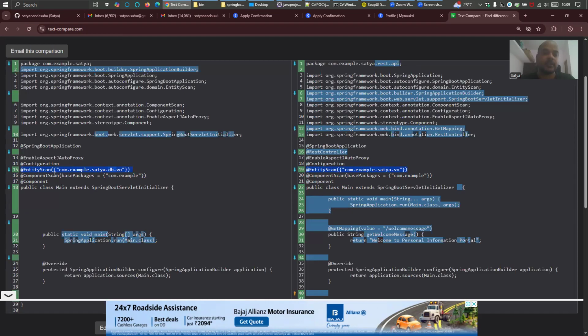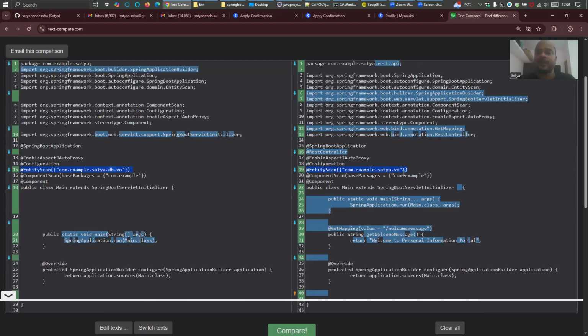So if you see entities, com.example.satya.db.vo. See here, I made a package structure for all entity objects, adding db.vo, because the web service also has a package structure. The web service has person and address, and the entity also has person and address. Both of them are independent,